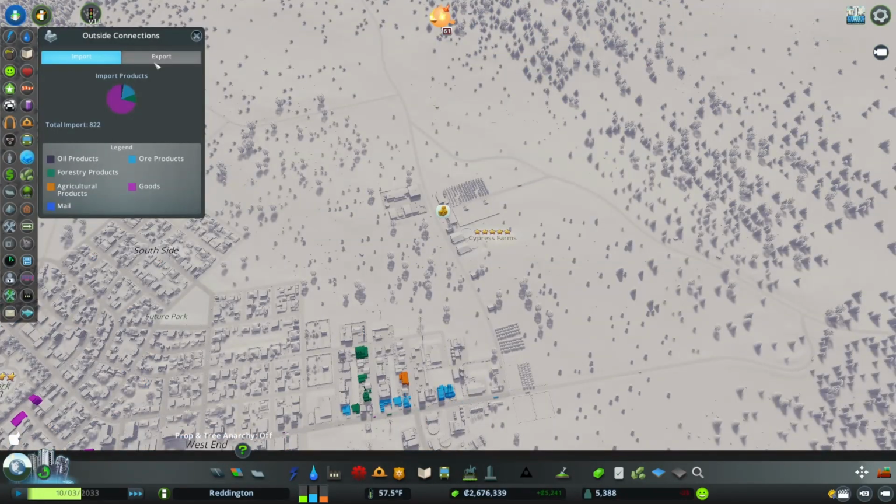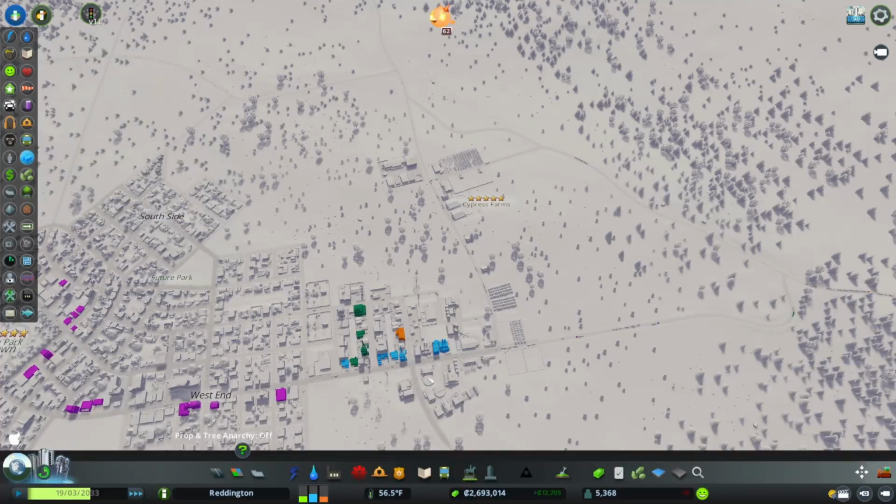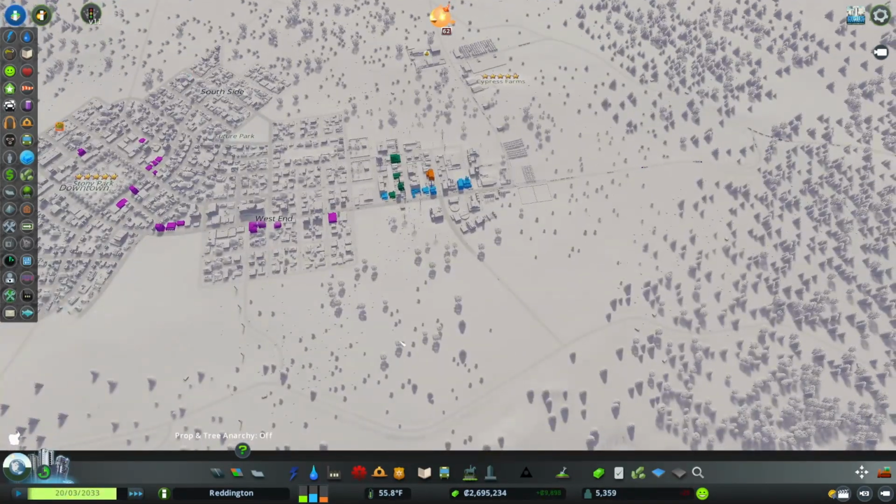Now let's see how reliant on exports we are. This is important since we're talking about outside connections. We're importing a lot of goods. It's because we really don't have a huge industrial area over here. We're exporting a lot of agricultural products, but not an insane amount. We're using probably a lot of the production. But we're exporting less than we're importing. Not exactly ideal, but as long as it's close to balance, and it is close to balance, it's not way